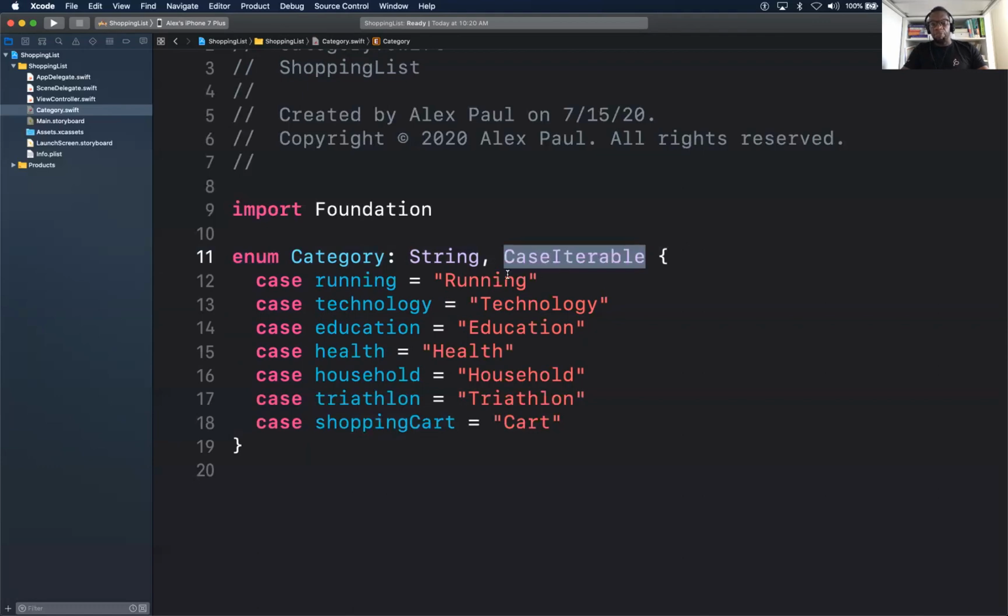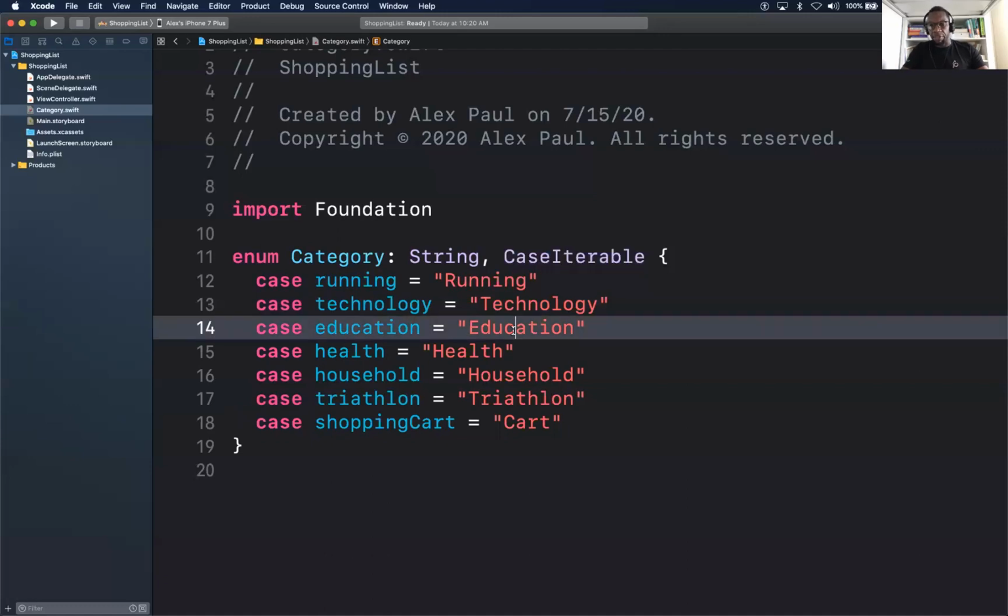So now that gives enum even more power. Now I could just say category dot all cases. How many cases do you have? Or I want to loop through for some category in category dot all cases, go through all the categories. So this is very powerful. Great.